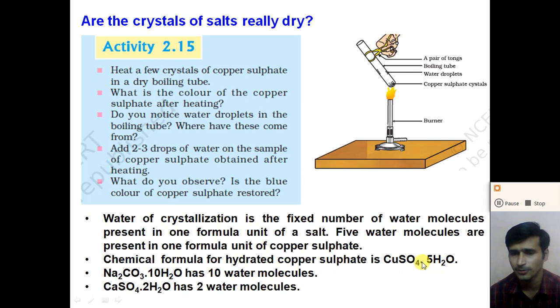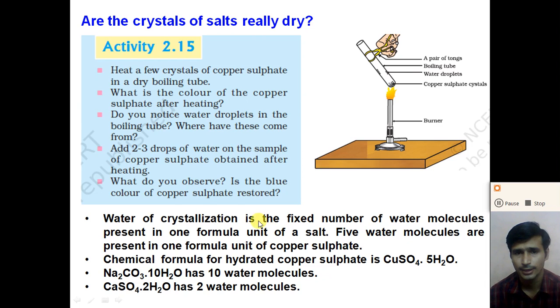What is the meaning of this? In one crystal of copper sulphate, CuSO4, 5 water molecules are required for the crystallization, right? Similarly, in the previous slide we discussed that the sodium carbonate crystal requires 10 molecules of water for the crystallization. On heating sodium hydrogen carbonate, we obtain sodium carbonate, and on recrystallization of the sodium carbonate with 10 water molecules,